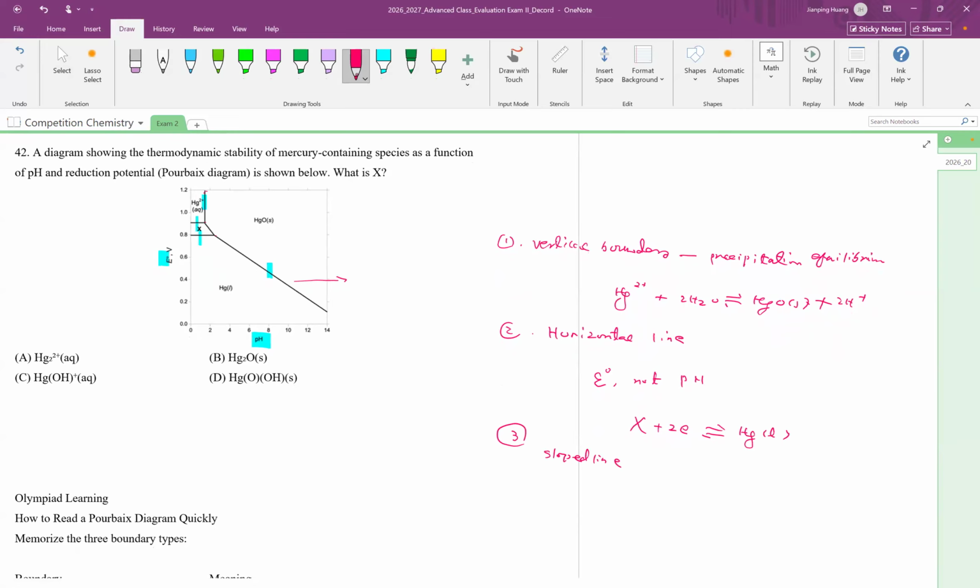That one involves both electrons and protons. See, the pH changes, so the potential changes, so it involves both protons and electrons, such as